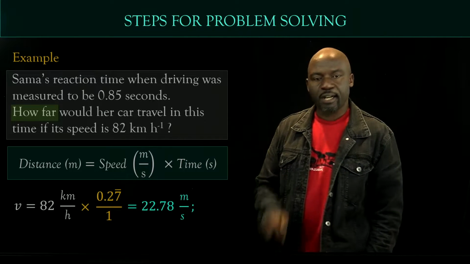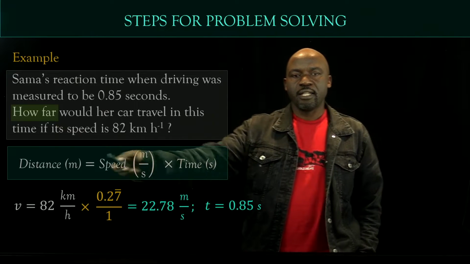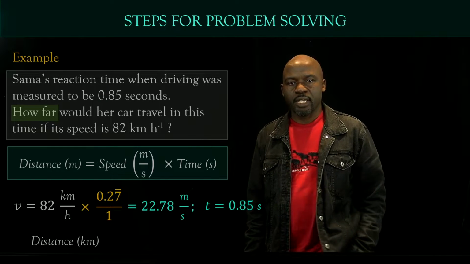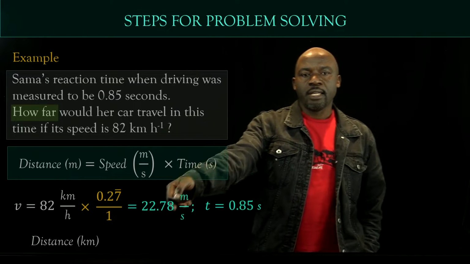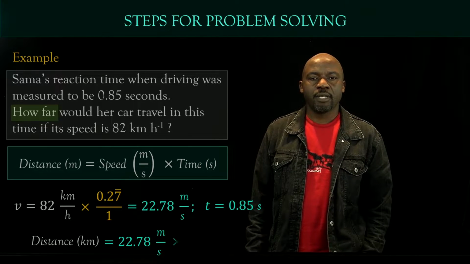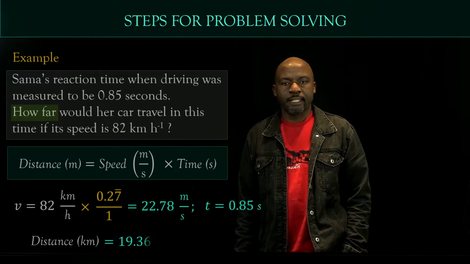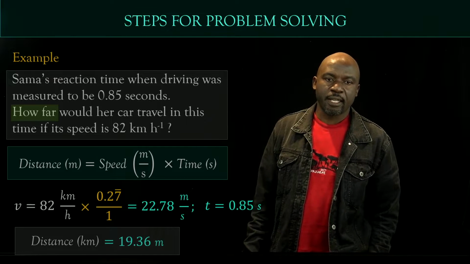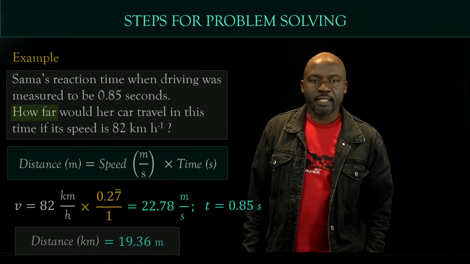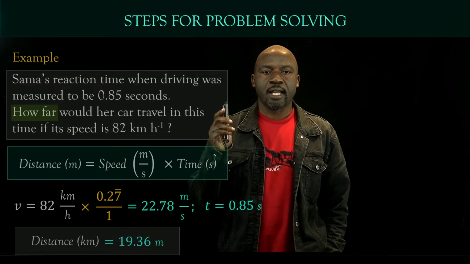The time we already have, which has been given to us in seconds, so we have everything we need to find the distance this car is going to travel. So then the distance traveled has to be speed times time. Speed is 22.78 meters per second, and the time is 0.85 seconds, and if we multiply that together, we will get the distance to be 19.36 meters. So this car, Summer's car, is going to travel 19.36 meters between her seeing something and actually stepping on the